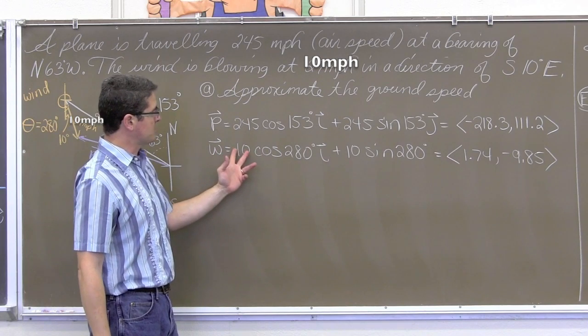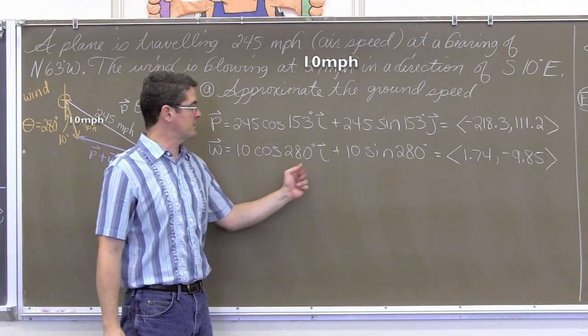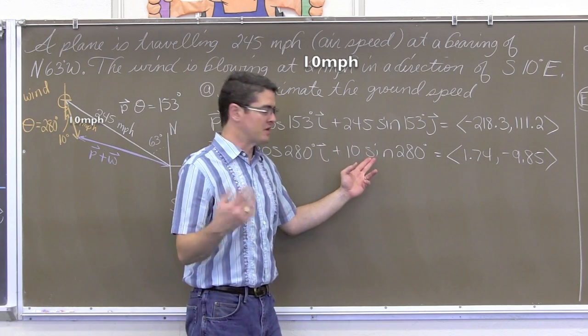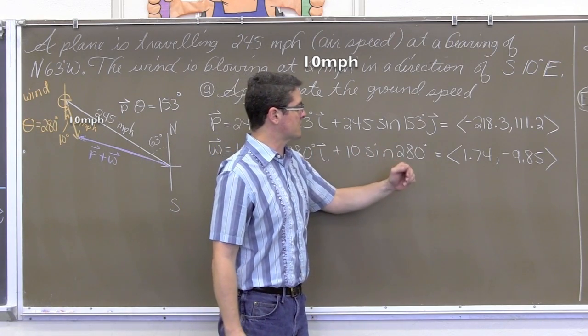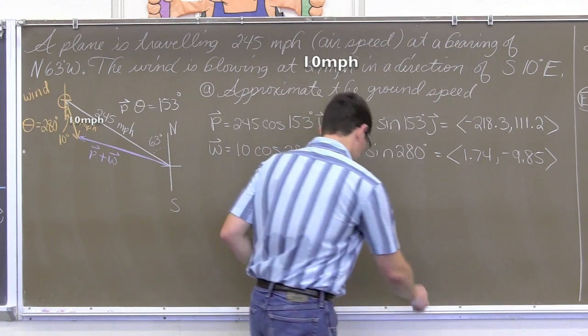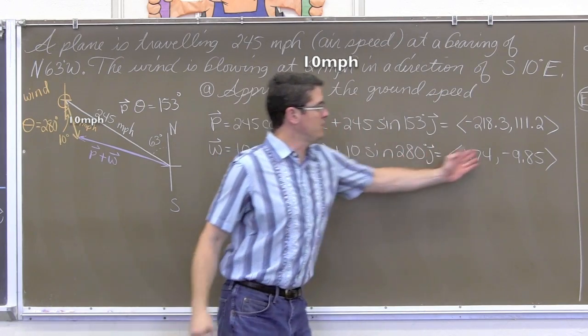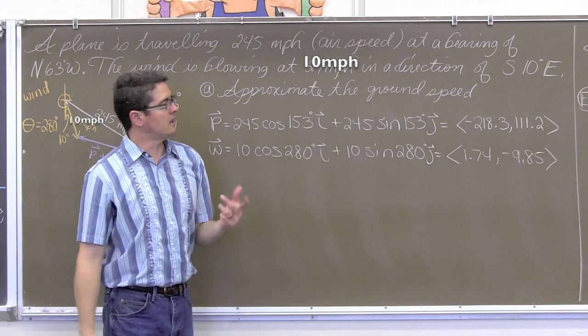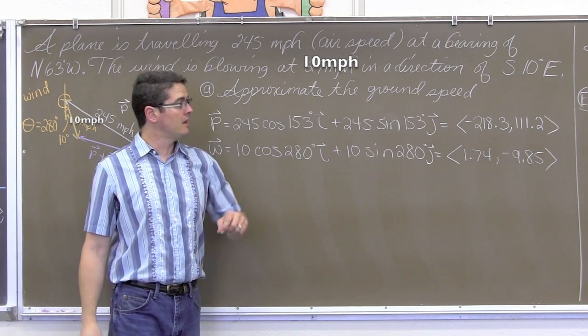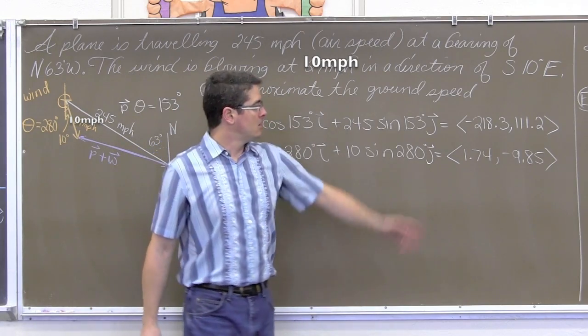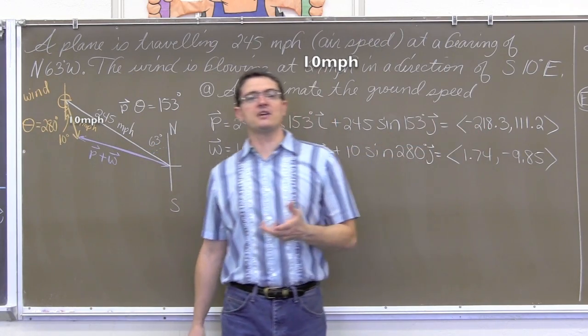The wind vector going down and to the right a little bit, we should be expecting a positive a and a negative b, and indeed we are. That's equal to the magnitude of the vector times the cosine of its direction, i, plus the magnitude of the vector, in this case it's wind speed of course, times the sine of the angle direction, times vector j, the vertical component, and you get the shorthand version of negative 1.74 and negative 9.85.